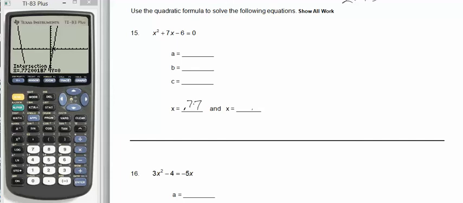or 0.772. And our other answer, second, calculate, intersection. Remember, we got to move that little dot over to the other side, or it's just going to give us the same answer again. Enter, enter, enter. Oops. I messed up. When you mess up, you have to